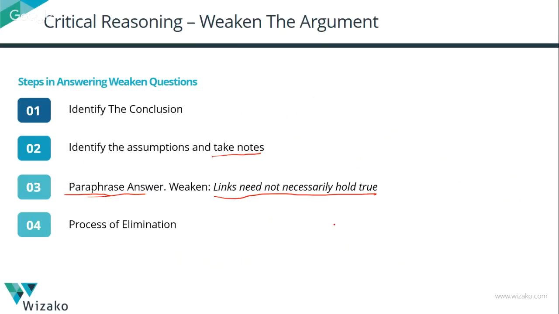There will be some topics where we are comfortable, some topics where the answer options will be attractive. So eventually, your accuracy and your speed of answering will go up only if you're thinking about the reasoning style, because then you're focusing on the framework of the argument rather than looking at the fluff that is surrounding it. Don't look at the fluff, focus on the framework. Ensure that you are thinking about the argument.